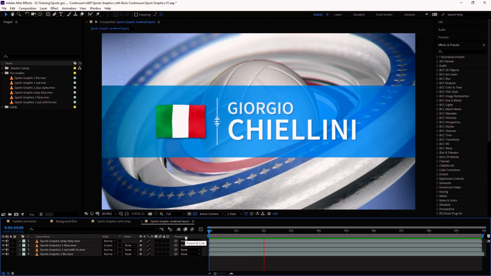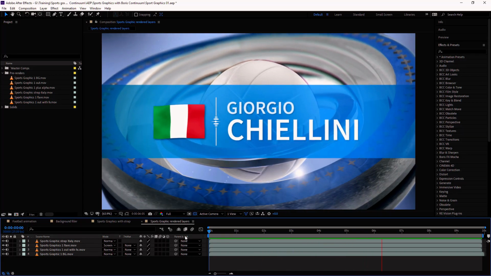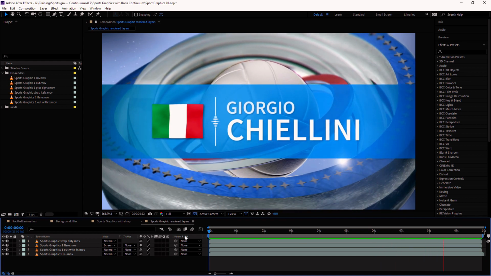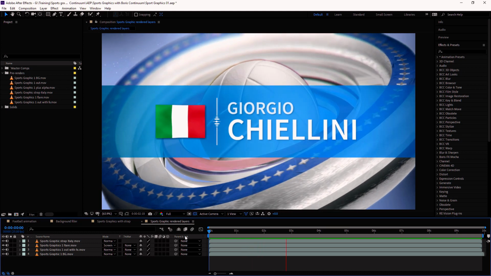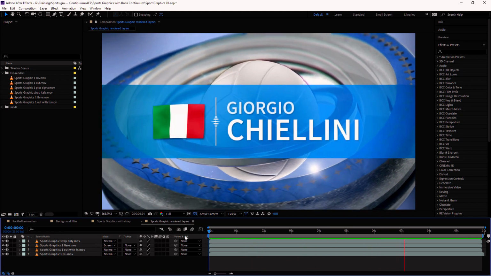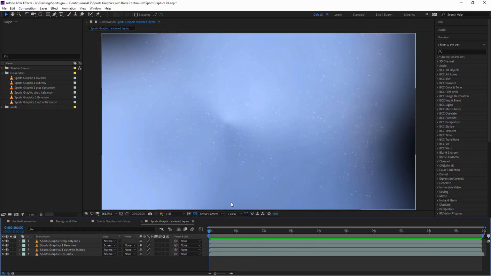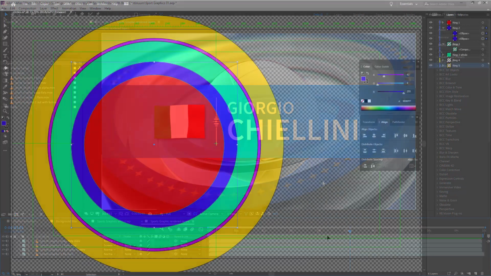Okay, so here we are in After Effects, and this is a close-up of what we're going to be making in the next few lessons. And this is going to have some very unassuming starts. So what we're going to begin with is creating the shapes that we're going to need to make up these rings. And because I want the flexibility of vector shapes, we're going to pop into Illustrator and create those here.